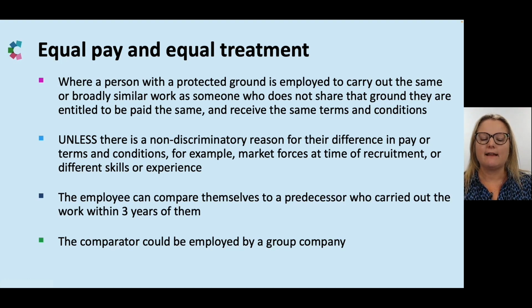It's worth mentioning that there's no similar provision to this in our current sex discrimination ordinance. So unless and until we have phase 2 with the current protected grounds brought into the new ordinance, an individual would only be able to raise a claim for equal pay or equal treatment on the basis of the 5 new protected grounds. And finally, I just wanted to mention that these claims are different to the concept of equal pay for work of equal value, which is something that may come into force in future, but does not form part of this legislation.